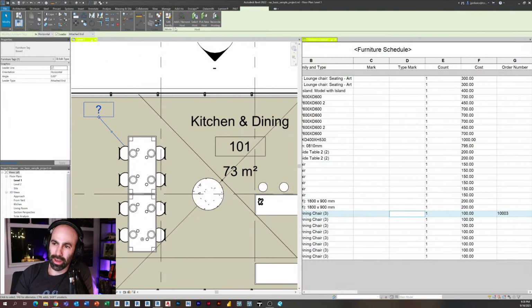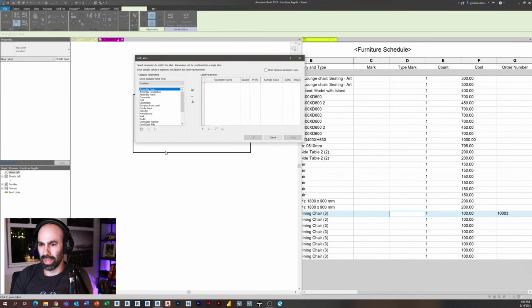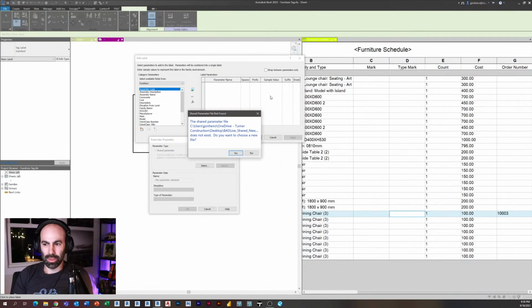So if I went into edit family and said, okay, now I want to create that label again, and I click plus here and go select, shared parameter file is missing. So without that shared parameter file, guess what? I can't make that connection anymore with this object. So initially you might be like, oh my God, I'm screwed. What am I going